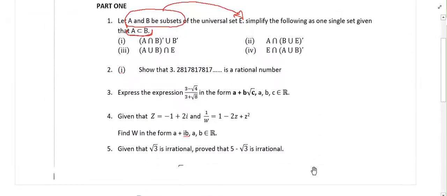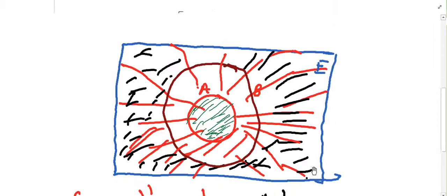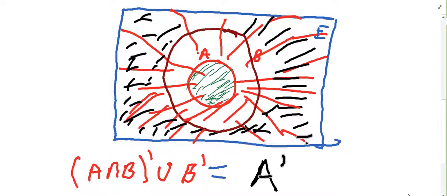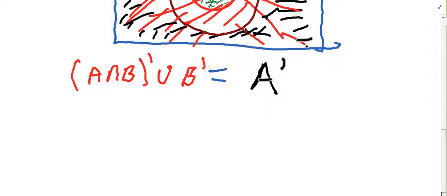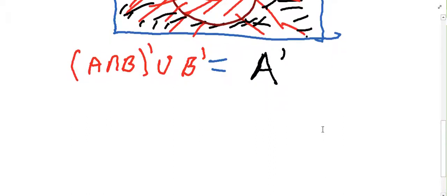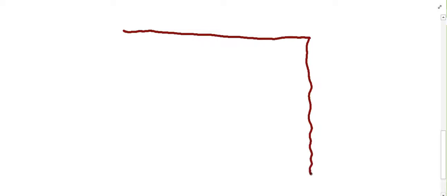The second part is A intersection B union E complement. Okay, so let me quickly do the same thing. I'll make sure that I'm a little bit fast. Okay, so we go again. So what we are going to find is the same set we had,